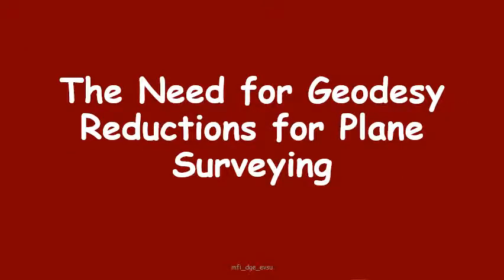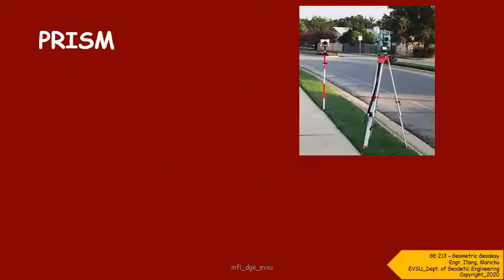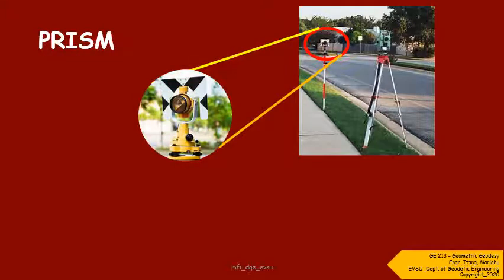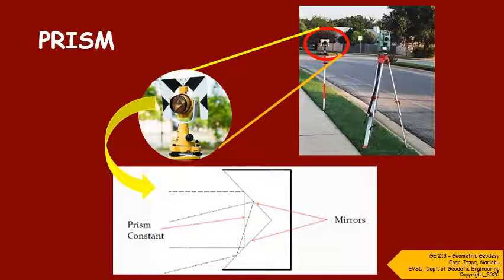So why do we reduce our measurements into a plane survey? Imagine, how does the theodolite get horizontal distances even if our telescope is inclined? Here in the illustration we discuss how our instrument copes with the reduction of geodesy into planes. As you can see, we have a theodolite and a prism. This is the close-up of the prism. What do we see in the prism? A series of mirrors. When we conduct a survey, we tend to observe the prism in an inclined position.